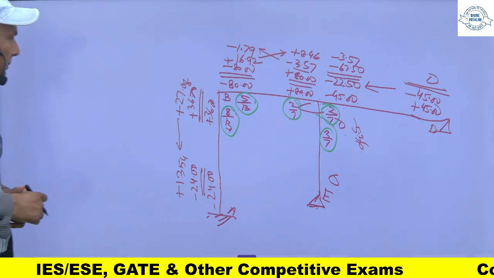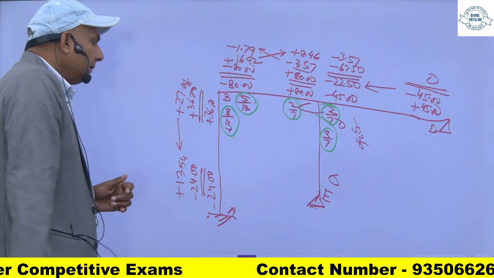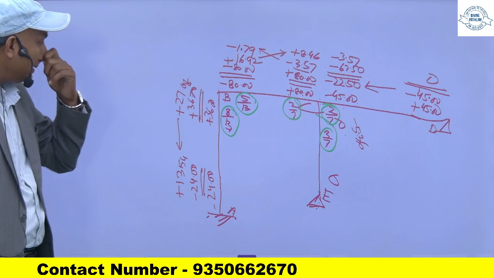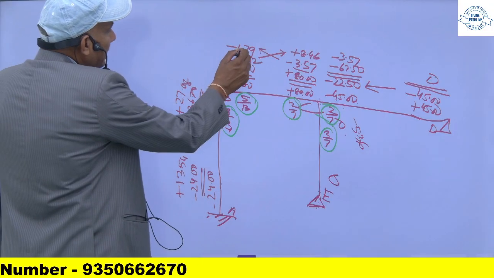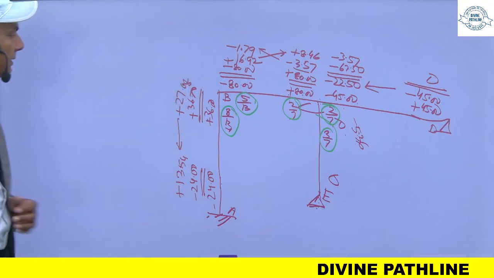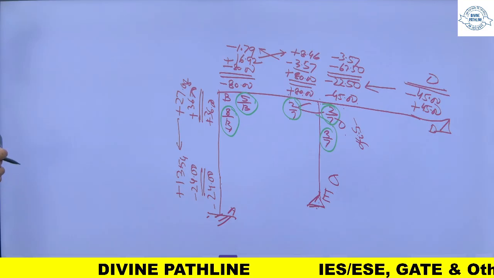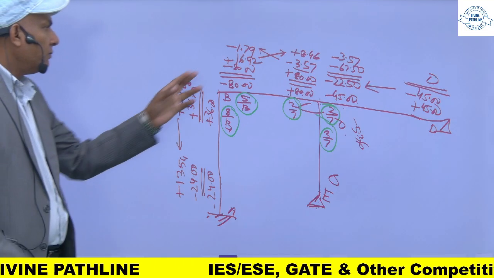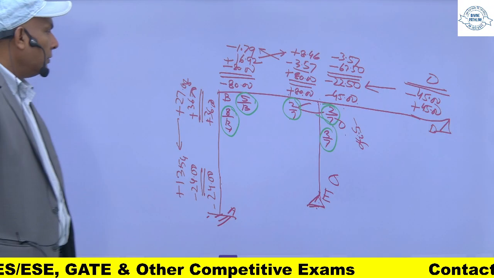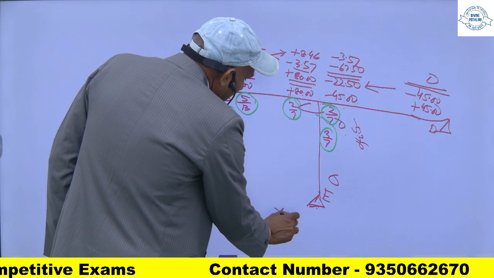Now if you see the sum of these moments, after balancing these moments, plus 27 and plus 16, there is a moment of 1.79. So this 1.79 moment is unbalanced here. What will you do for this? This 1.79 moment is now extra. It is unbalanced. So for making it 0, I will apply a correcting moment of plus 1.79